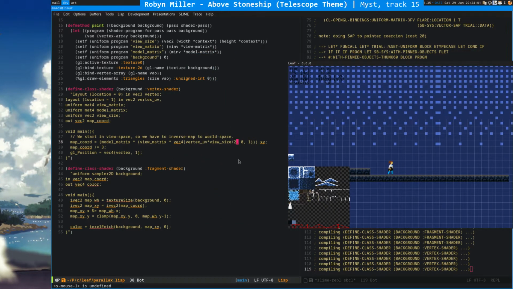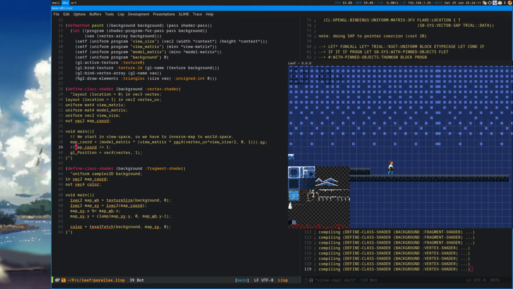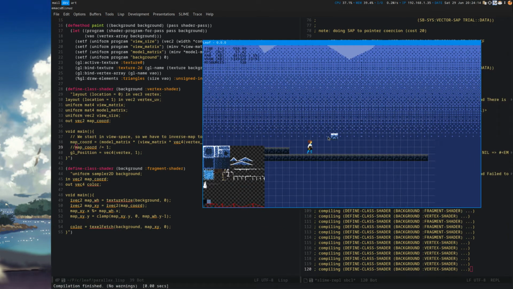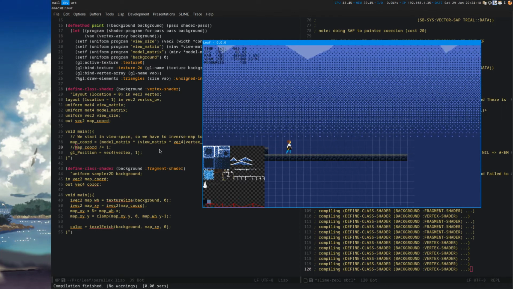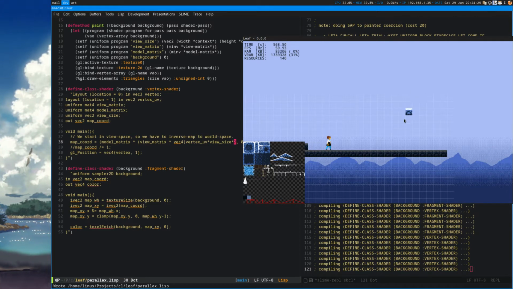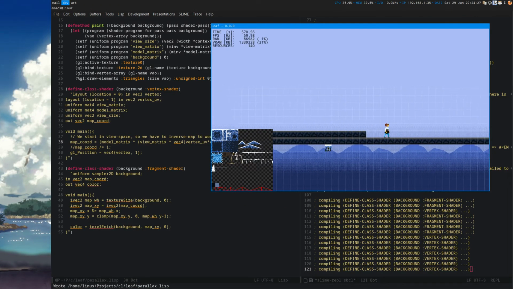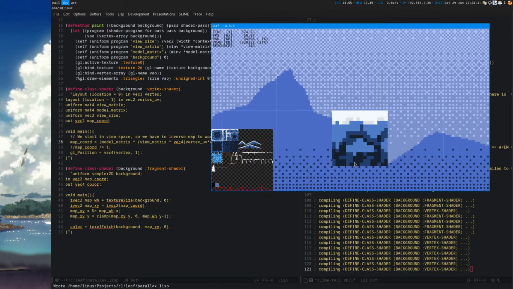Scaling is not so nice. We can fix that by getting rid of this, I guess. So if we do that, yeah. So now we have a double-sized, twice the speed parallax. If we multiply it by 2 again as before, then we get it twice as small, I guess. Or in this case, we get it with